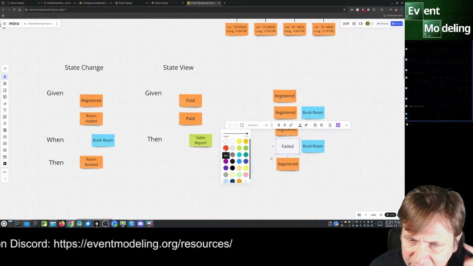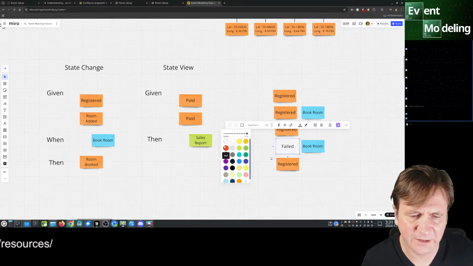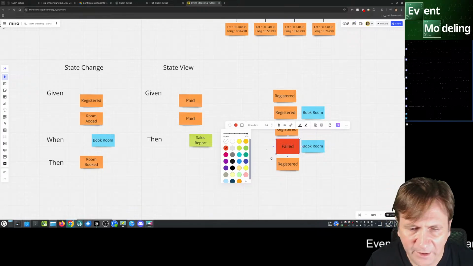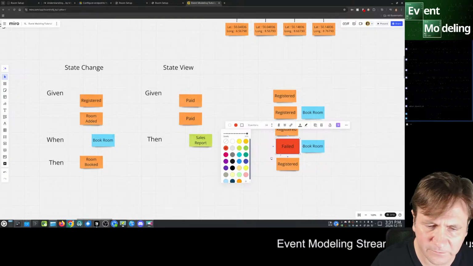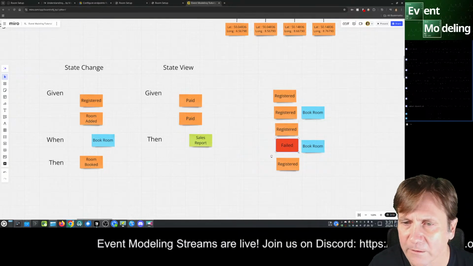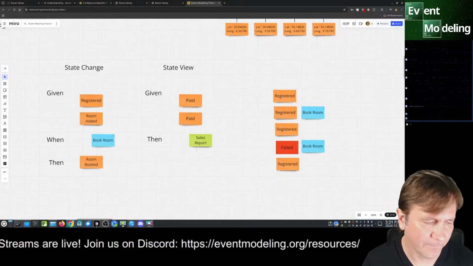Oh, right, because it's sticky notes. Yeah, that's another reason not to use sticky notes. They only have the preset. That's a feature to limit you. Yeah, I've got to get rid of the stupid sticky notes in here. The reasons are piling up, Miro. Piling up. There, I want a nice red failed.